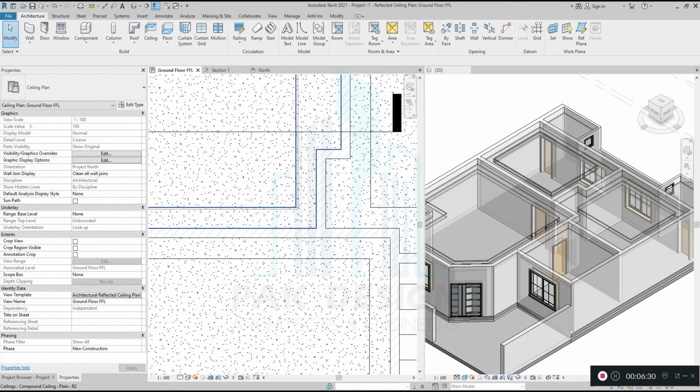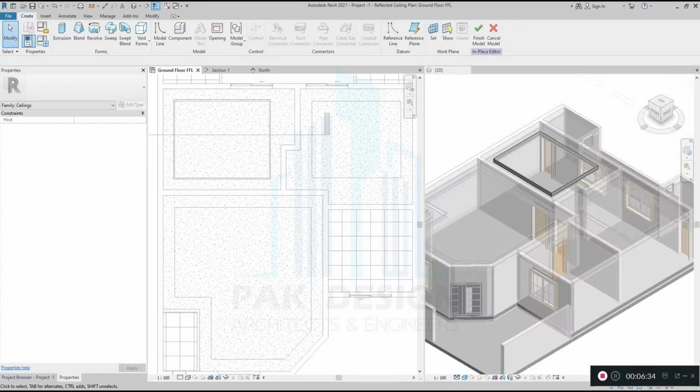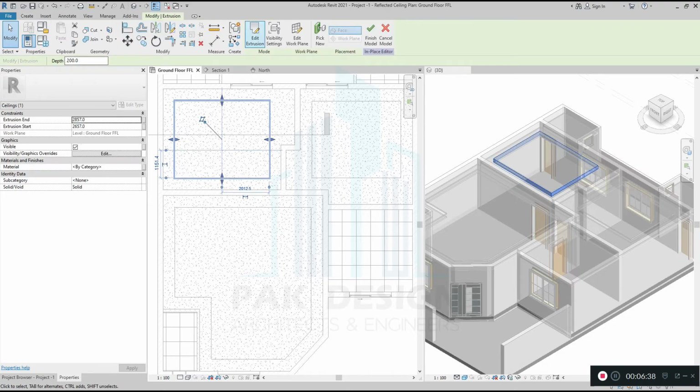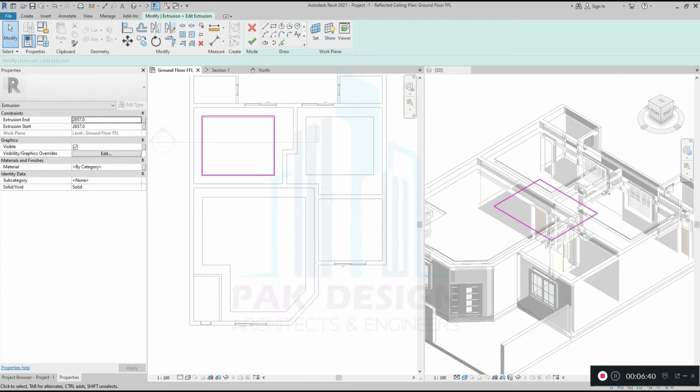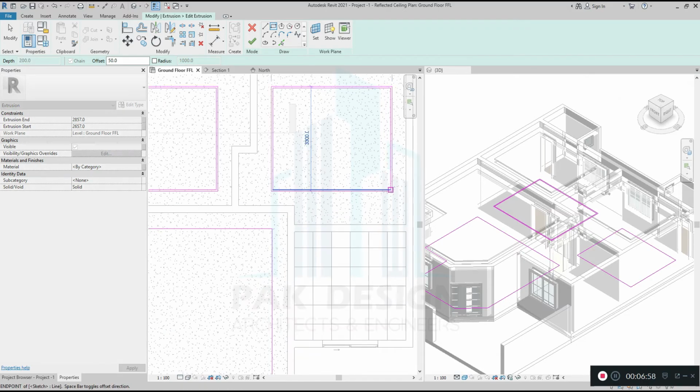If you want to add, like here we have cove, you can edit that extrusion. I will select this one, edit extrusion, and you can add this line, again 50, or you can make 50 offset.